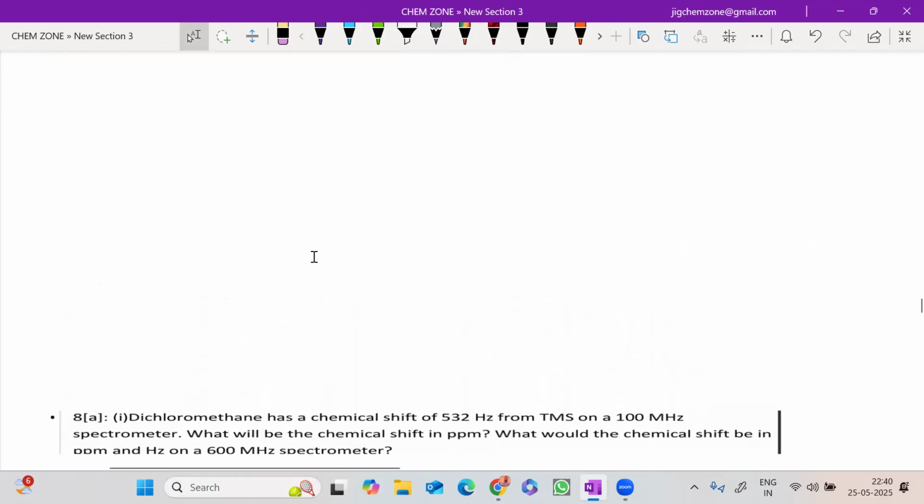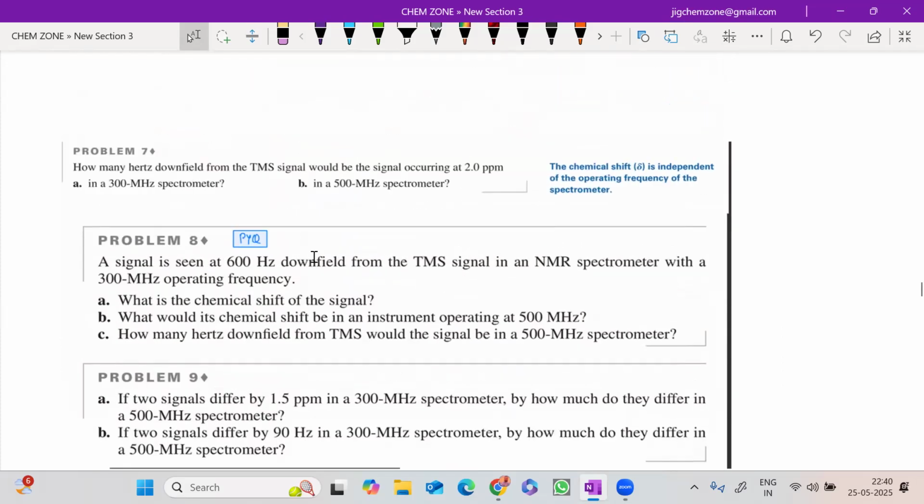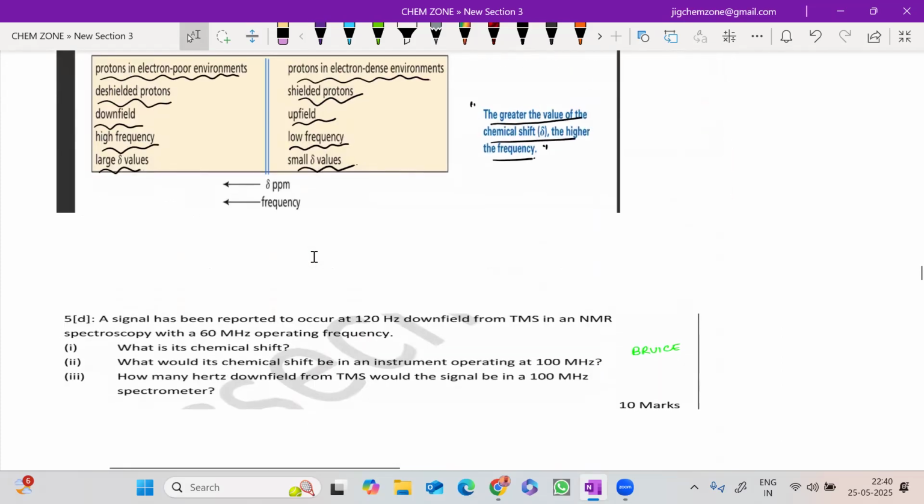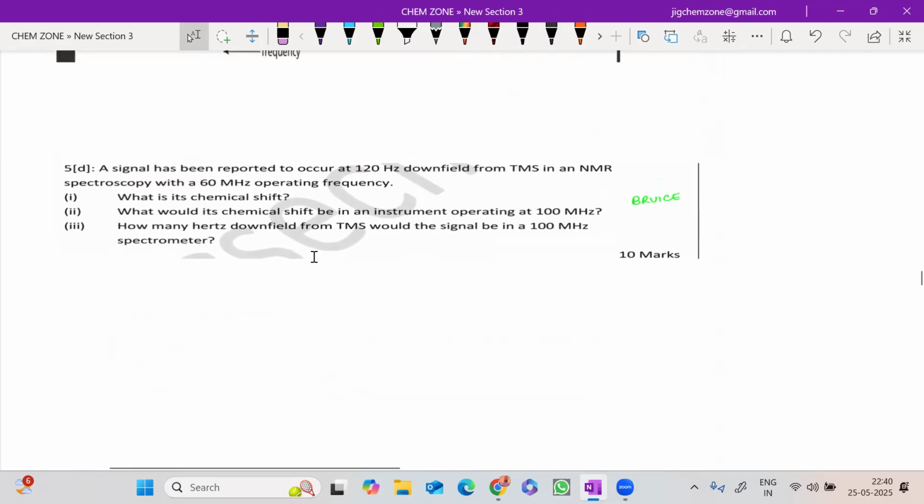Let's discuss some more problems. ये भी 10 मार्क्स में है. A signal has been reported to occur at 120 Hz downfield from TMS in an NMR spectroscopy. Almost the same, 126 था या 120 है. What is the chemical shift? So delta will be 120 into 10 to the power 6 upon 60 into 10 to the power 6,